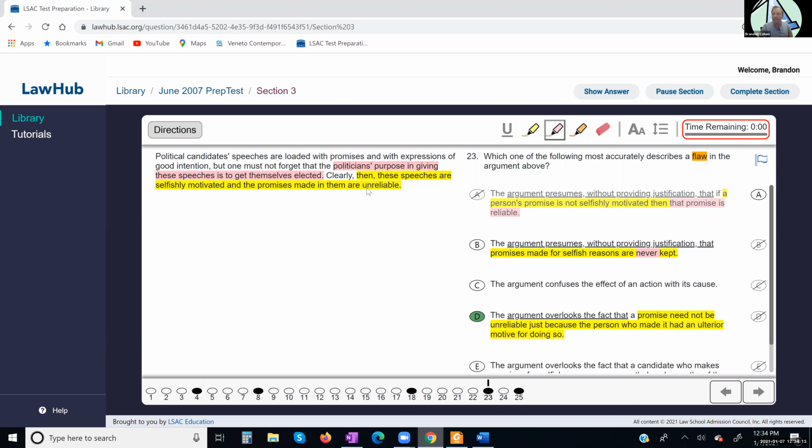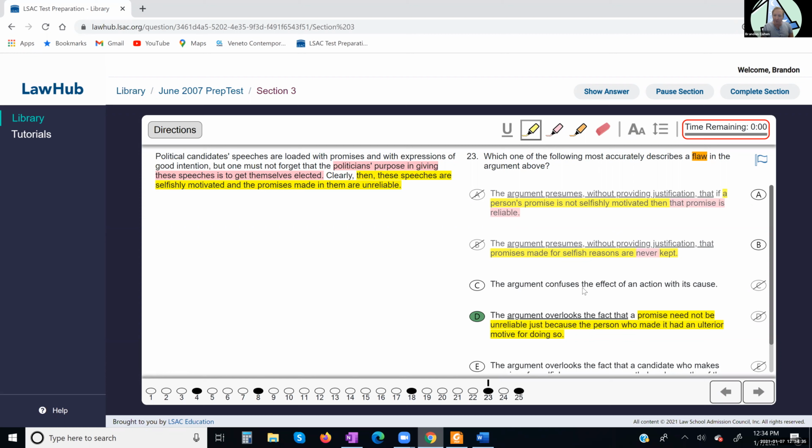Would that go against a conclusion that they're unreliable? Now, if they had said the promises are definitively never going to happen, then we could say sometimes they're kept would be a problem. But unreliable allows for it to sometimes be kept. It's just saying that it's not always going to be kept. We don't know. It's just not 100%. We can't rely on them. So B wouldn't actually weaken because of that degree issue there.